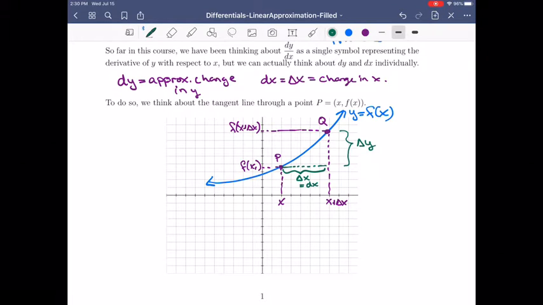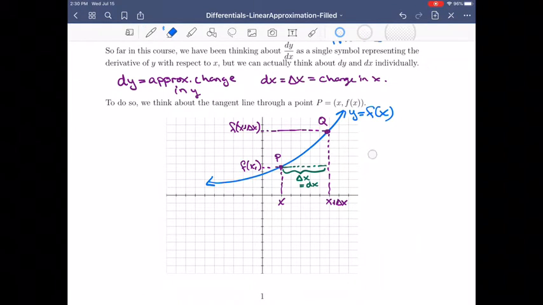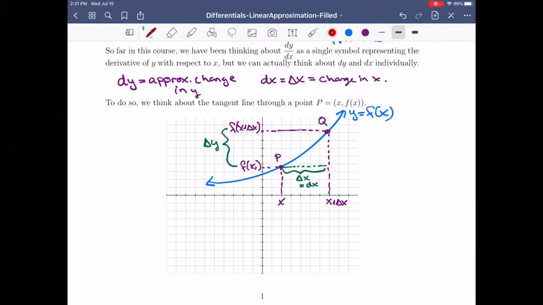Actually, maybe I should have put it on the other side so that it's out of the way here. So the change in the height here, this is delta y. So this we already know. What we're going to do is try to approximate delta y, and the way we're going to do that is to think about the tangent line. So if I draw the tangent line at point P,